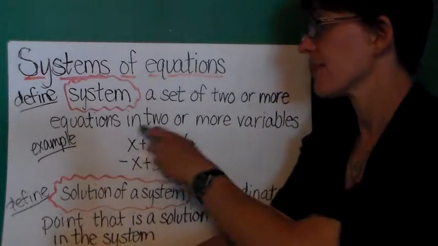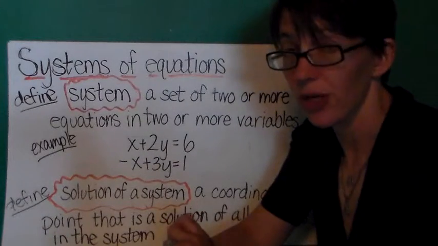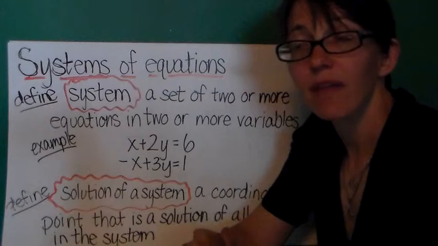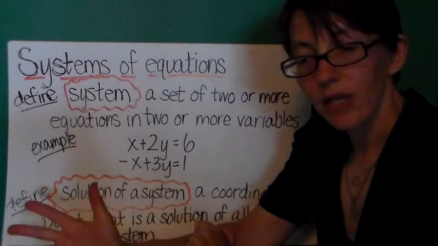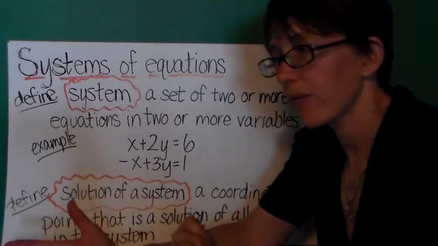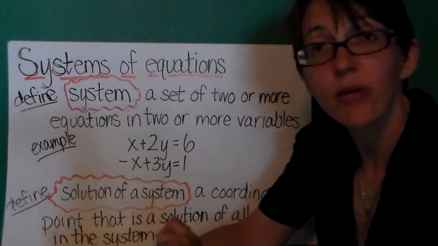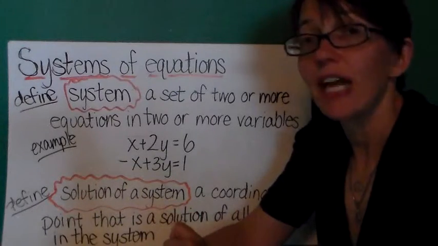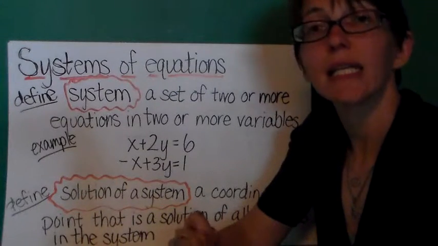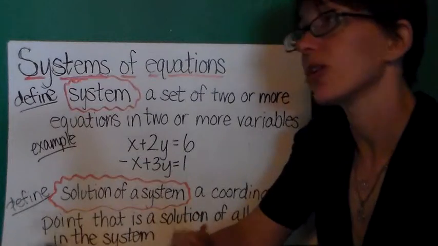Even though in this example both equations have two unknowns, it is possible to have systems that have an equation with two unknowns, one equation with three unknowns, and one equation with only one unknown. So as long as you have at least two equations and at least two total variables, you have a system